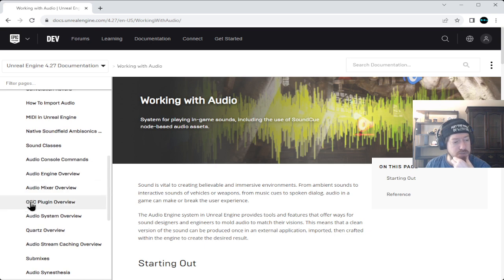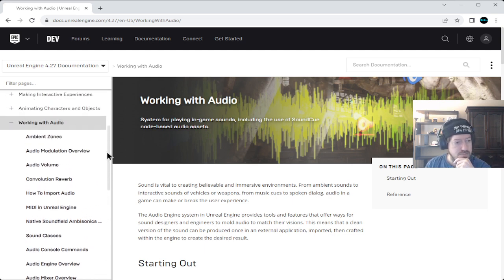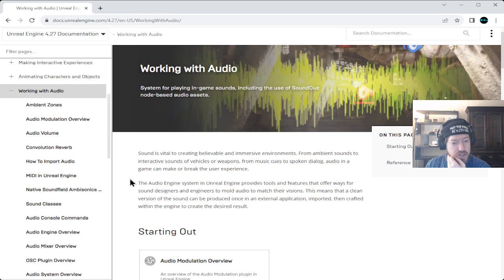Like I'm seeing an OSC plugin. I have no idea what OSC is. Open Sound Control. Okay, no idea what that's all about. So there are probably topics we're going to skip for the most part, but we can at least start off with the first page here, working with audio, and go from there. Okay, so sound is vital to creating believable and immersive environments.